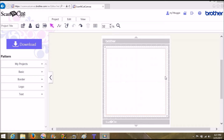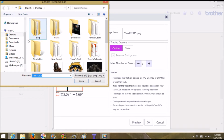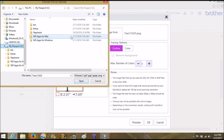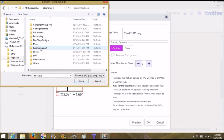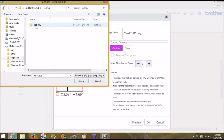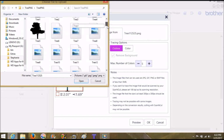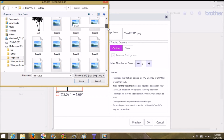I'm not going to do a printout or a project or anything. I'm just going to go straight for this, okay? So let's go straight into image tracing, and I'm going to click Choose File. I'm going to open some clip art that I paid for from Etsy. I'm going to open a tree because the trees that I have on here are very intricate, and that's kind of what I need